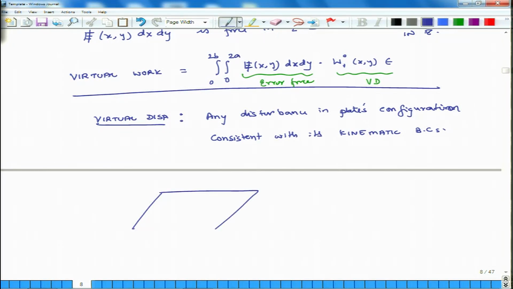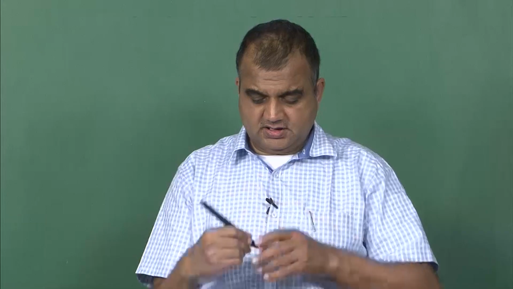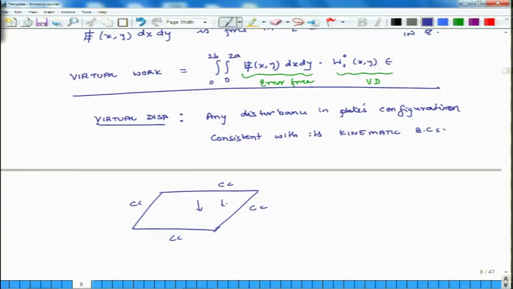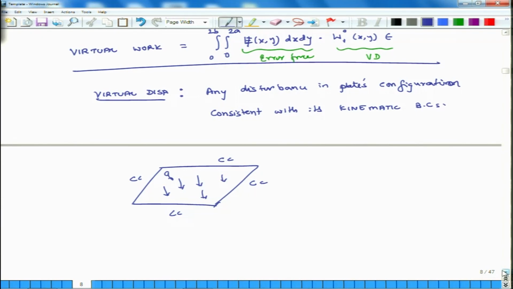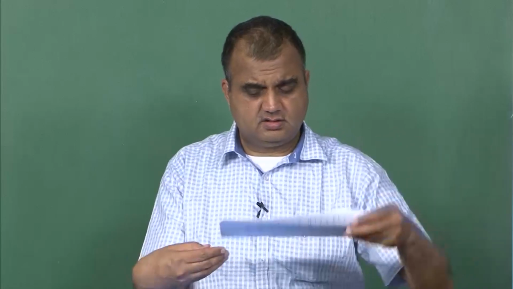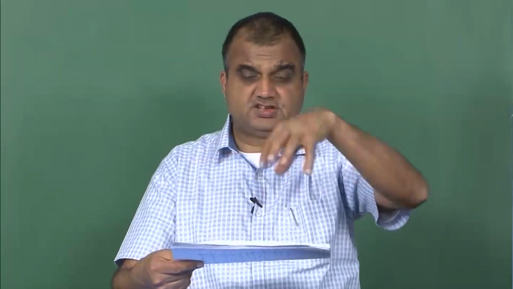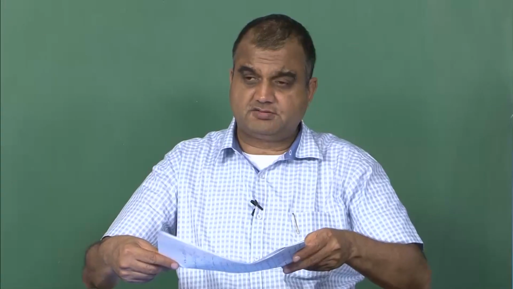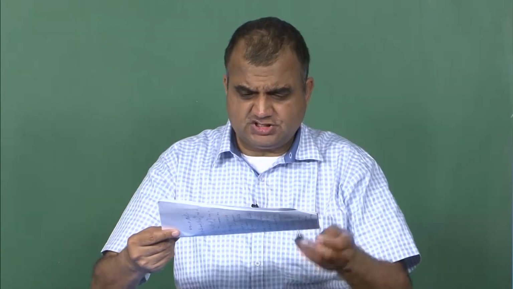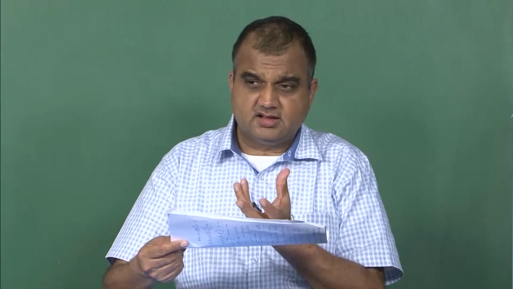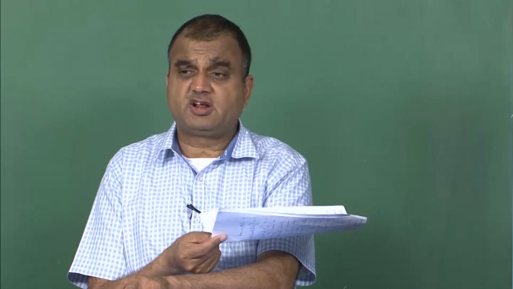so this is the plate, it is clamped on all four sides, and suppose the plate is clamped and it is being acted upon by a vertical load Q. So, this is the plate and it is experiencing some external load, and as it experiences load it gets deformed into some position, and in this position if I disturb this plate very slightly, and that slightly is ensured by this parameter epsilon.